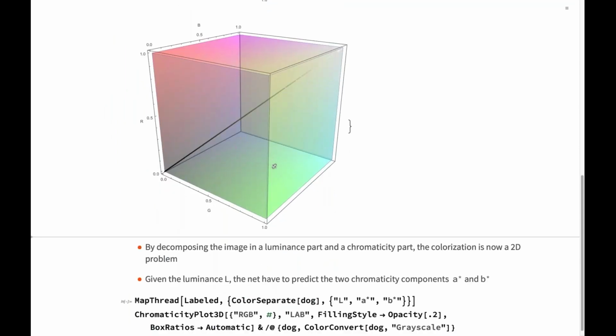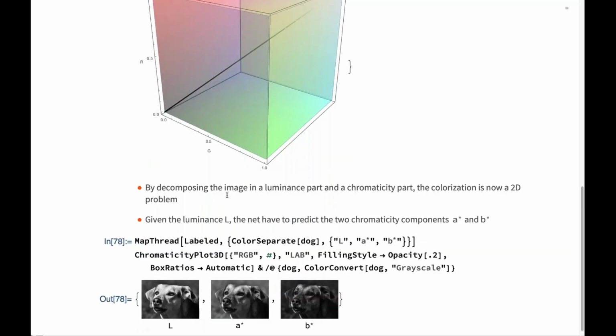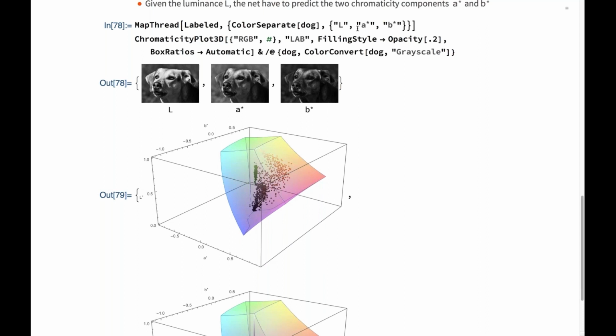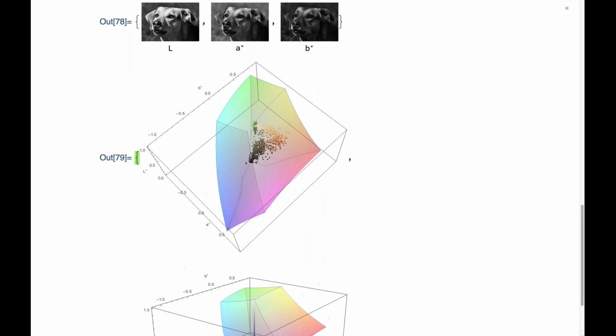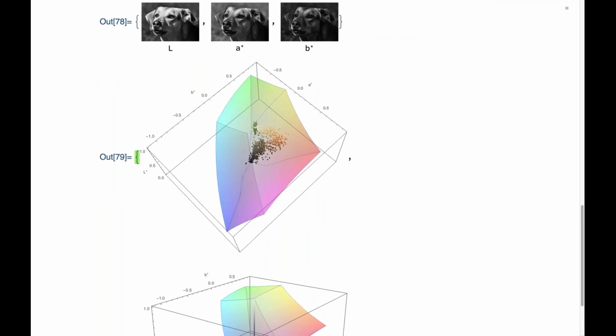We can greatly simplify this problem by using some color science knowledge and converting this image to a luminance-chrominance space like LAB. LAB, or lab, is a space where luminance is decoupled from the color components. So you see that this would be the luminance, very close to the grayscale values in the image. And the two color components are basically the distance from the center here. So I just have a line in the center, which is decoupled from the colors, and I want to predict the lateral translation with my network.